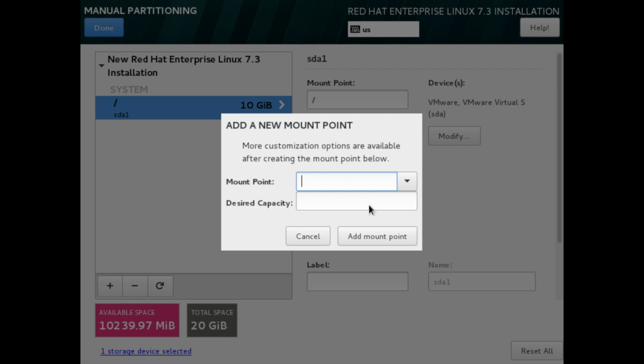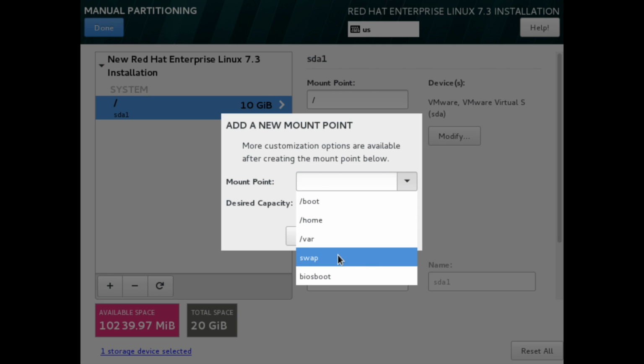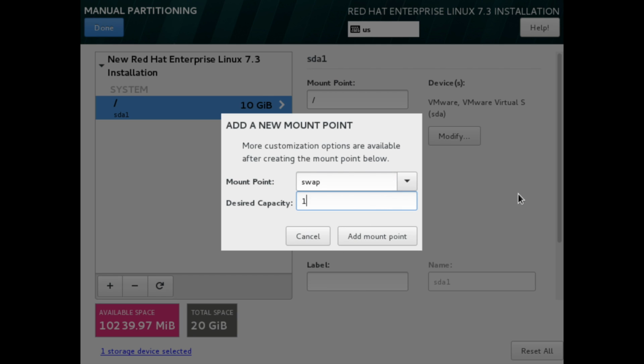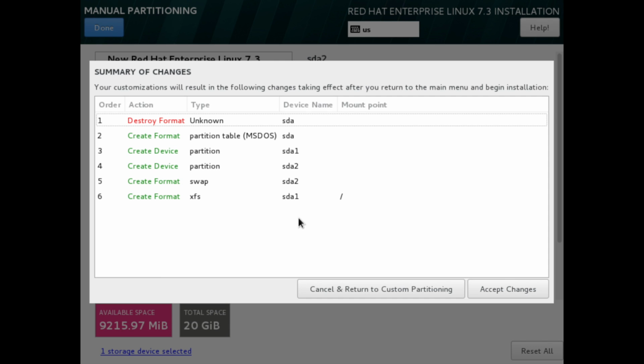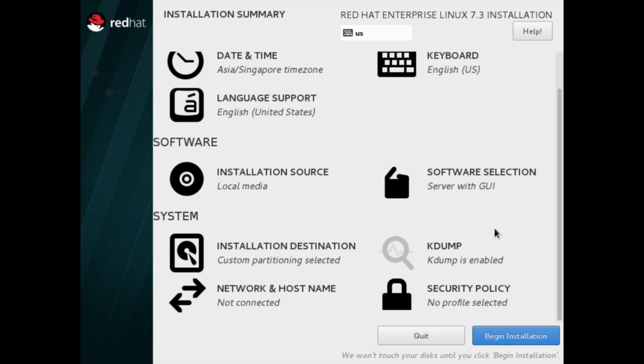And same way for swap, 1 GB. And at this stage you can click on done. It brings a screen giving summary of all the changes what you have made. Just accept changes,